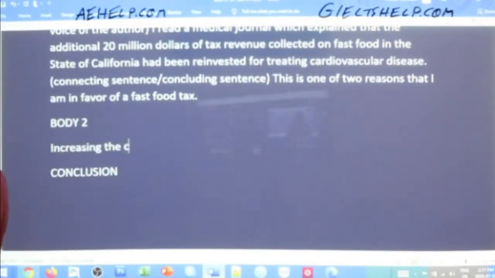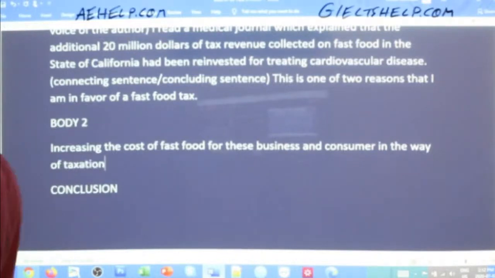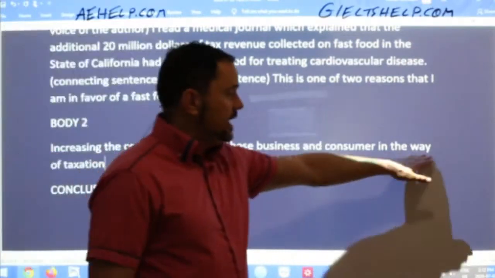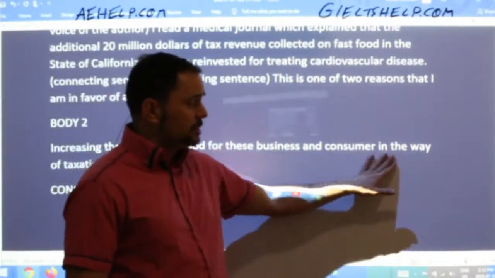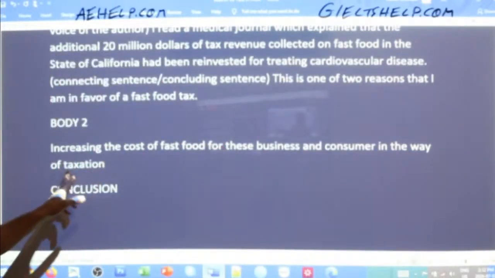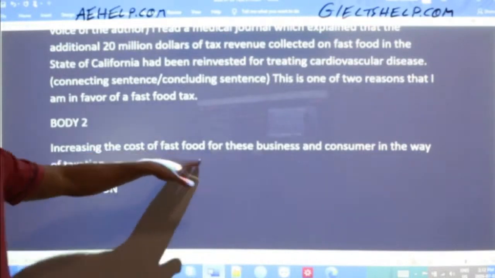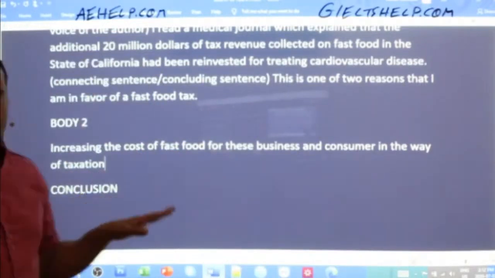Increasing the cost of fast food for these businesses and consumers in the way of taxation. I've used this expression or this phrasing twice because I want to teach it to you. So in the way of means in the form of, by doing this. Remember this, it's quite a useful connective. So in the way of taxation. And it's followed by the noun. So increasing the cost of fast food for these businesses and consumers in the way of taxation